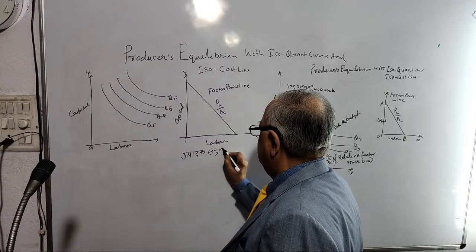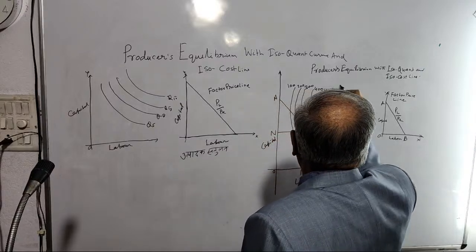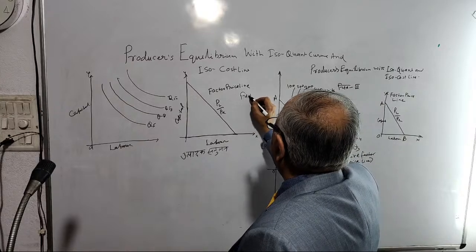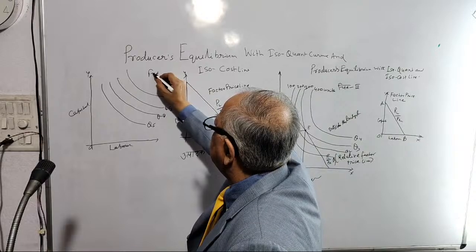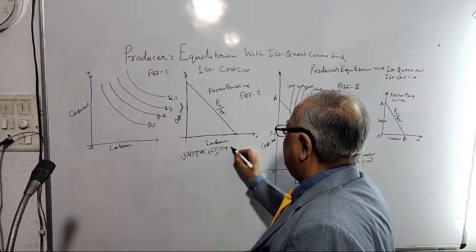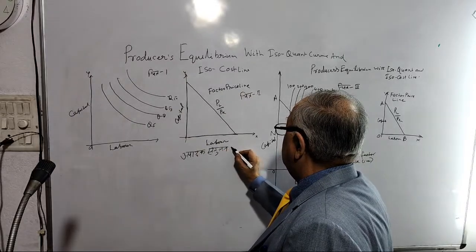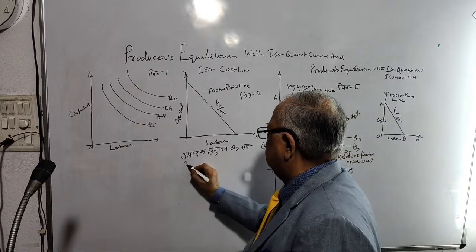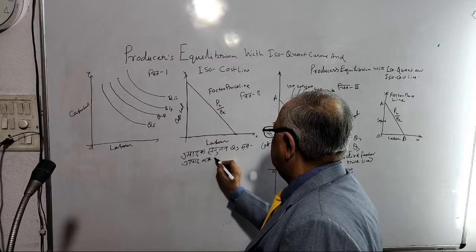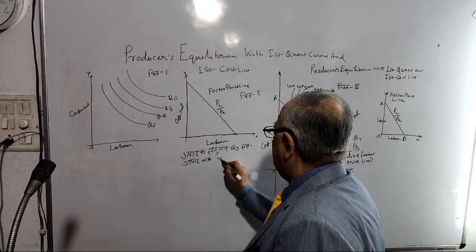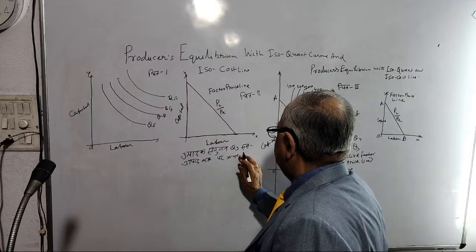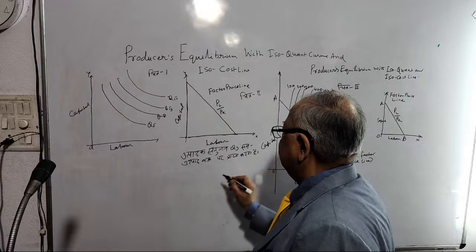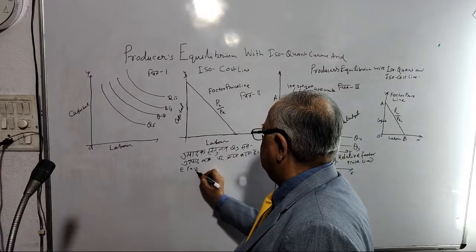उत्पादक संतुलन. चित्र नंबर 3, ये हो गया चित्र नंबर 2, ये हो गया चित्र नंबर 1। तो उत्पादक संतुलन Q3 समुत्पाद वक्र पर प्राप्त करता है। क्यों प्राप्त करता है? ई बिंदु पर